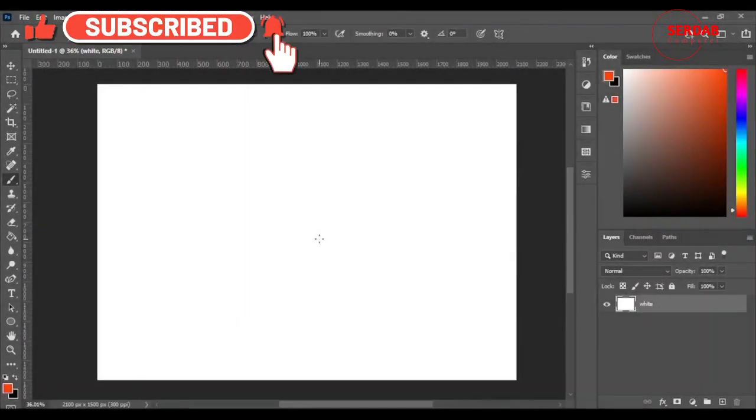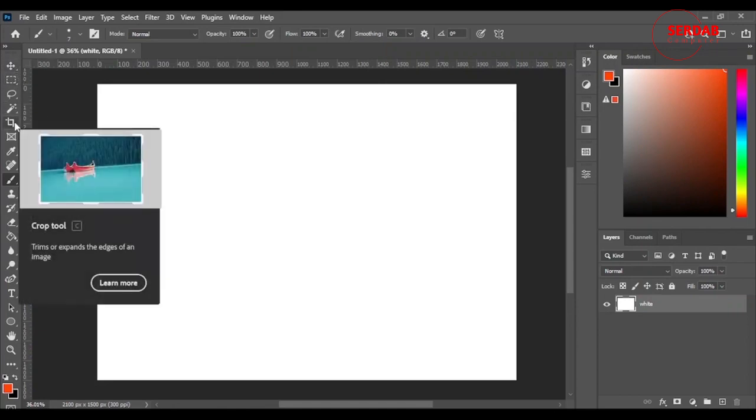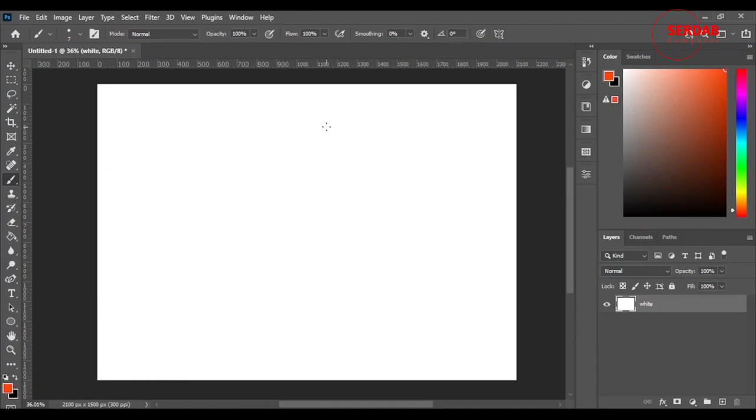Okay, we're back. We are still working on our tools. In the previous lesson, we went over the top 4 right here. The next tool is the crop tool. It's pretty self-explanatory. It just crops your image with the dimension you give it, the ratio in inches, centimeter, and